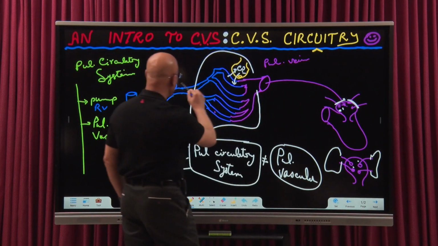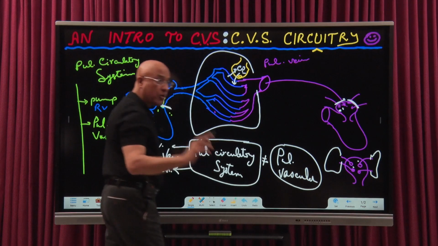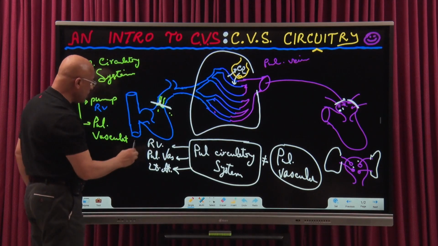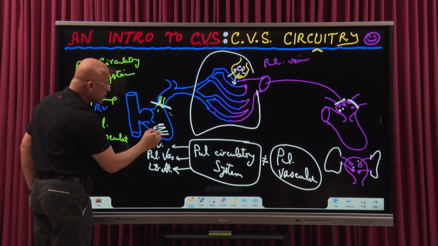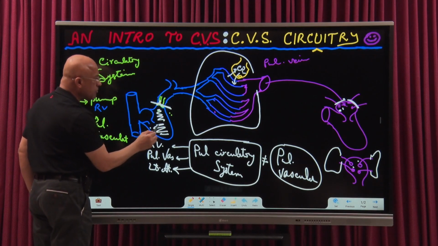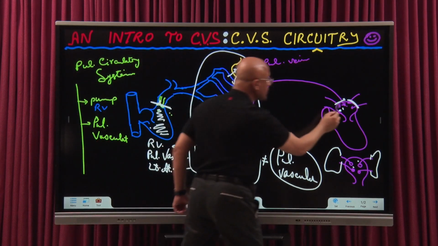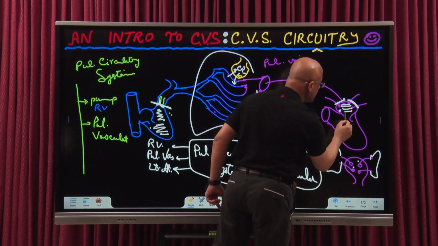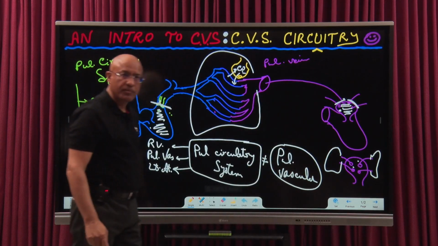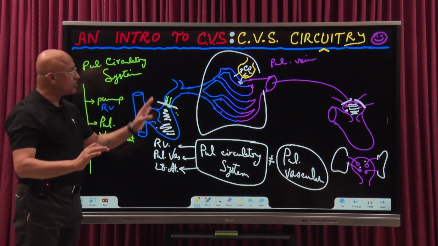This is all vasculature. But when we talk about the pulmonary circulatory system, we include the pump. The pump is right ventricle, and we include the drainage system, which is the final drainage, which is left atrium. Is that clear? So this is pulmonary